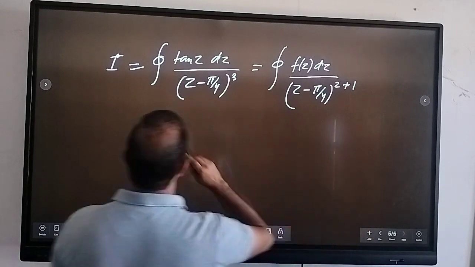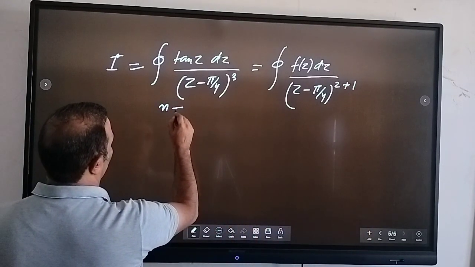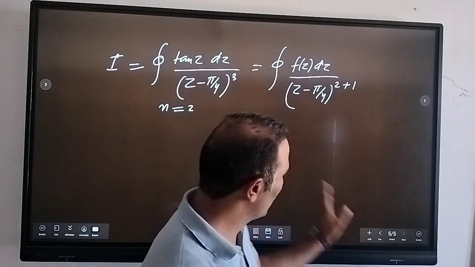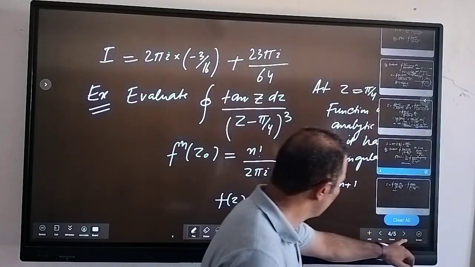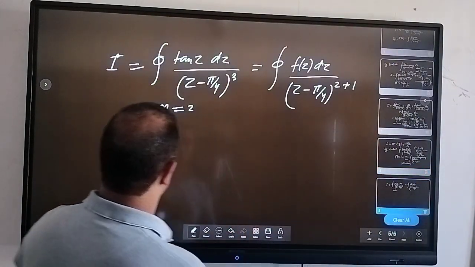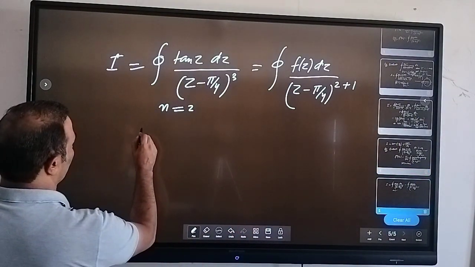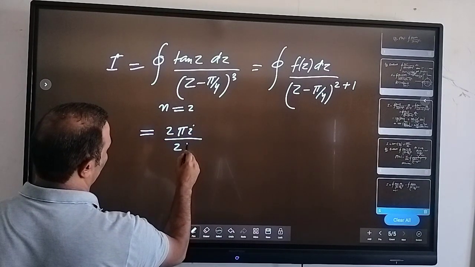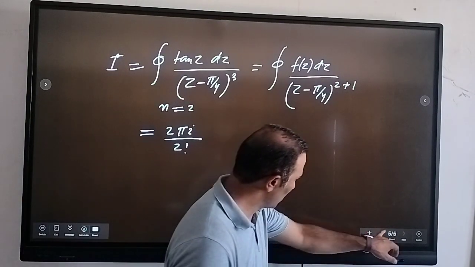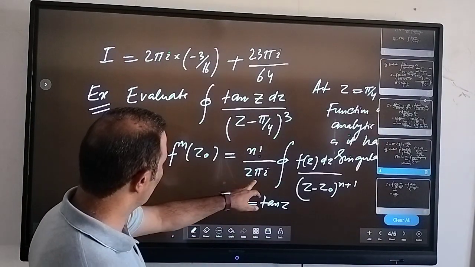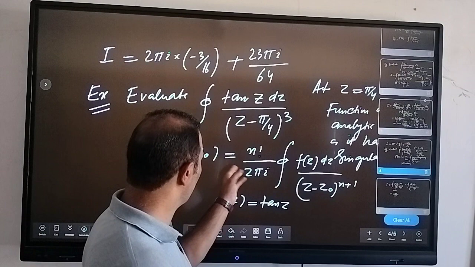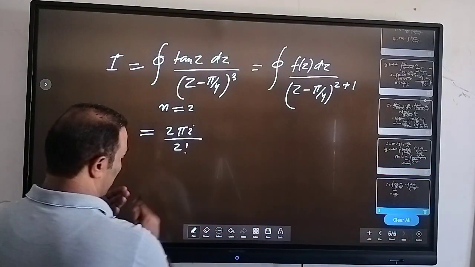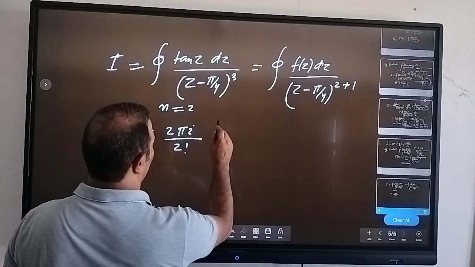So n is 2, right? Using this integral term, I will be equal to 2 pi i upon 2 factorial, because you can check that I can write 2 pi i times f n of z0 by n factorial. So this will be equal to 2 pi i by 2 factorial, and because our n is equal to 2, it will be then,